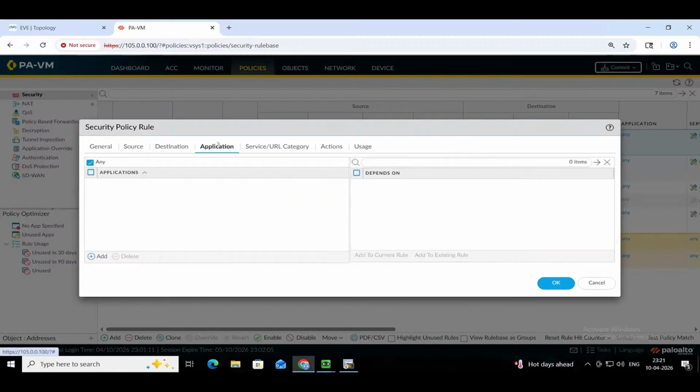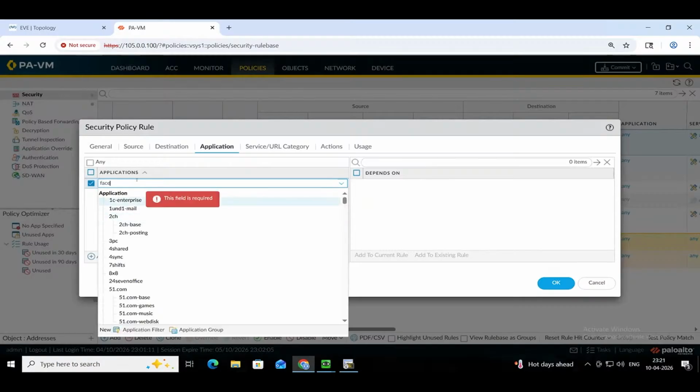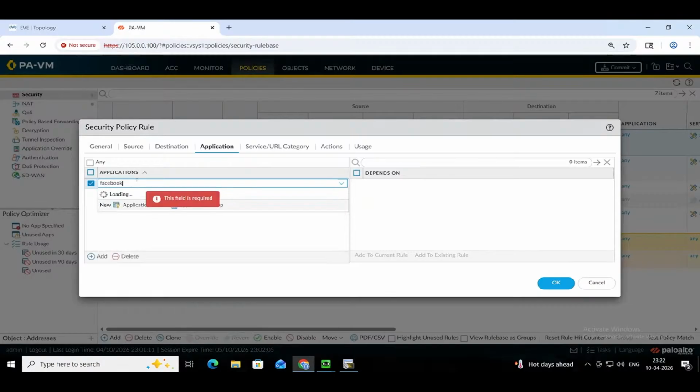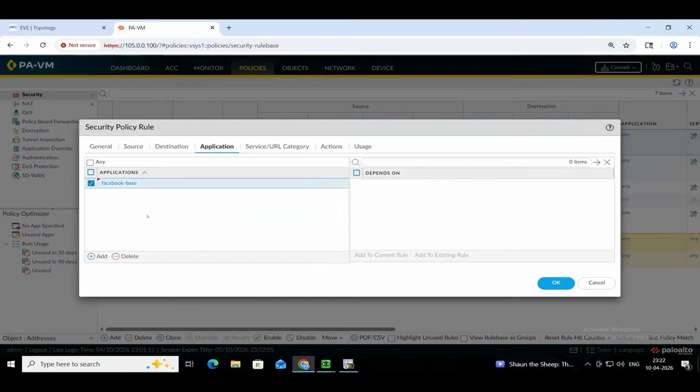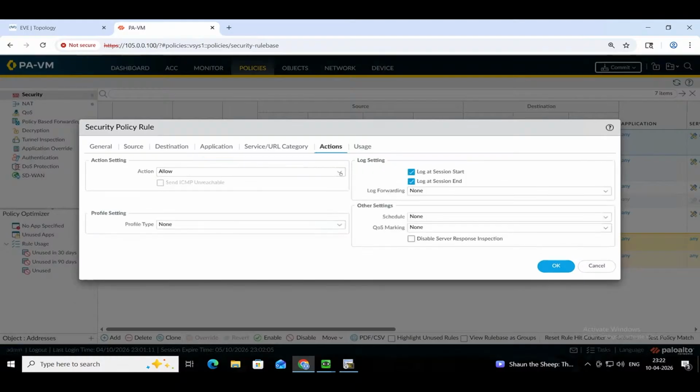Now destination, now come to application. Whichever application you want to block, you can select it here. For example, I want to block Facebook. Type Facebook, don't say .com. Related to Facebook, it will show you the entire application, or it has sub applications as well. So I want Facebook base itself. You see Facebook base. I want this Facebook base itself to be blocked. Everything gone. And I want an action as deny,